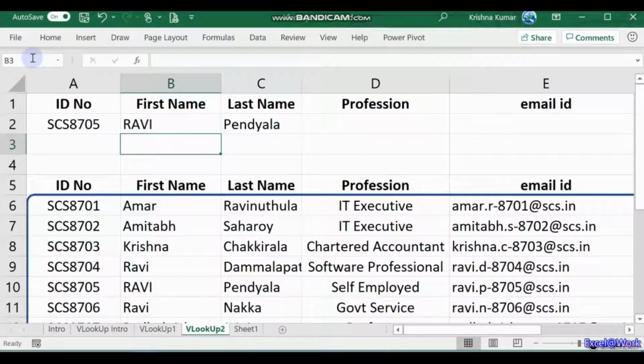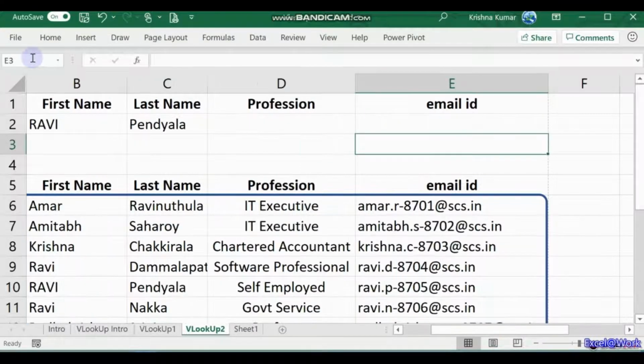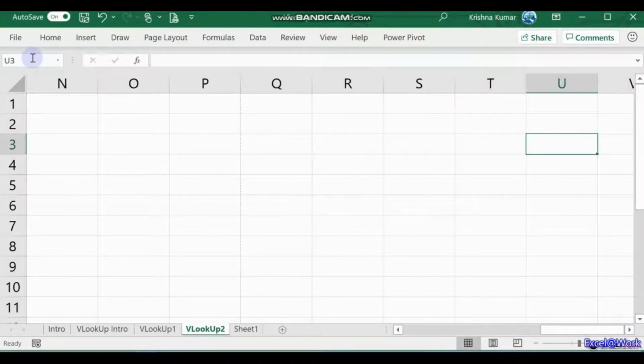So here we'll use another function called the column number. For that, let me just give you a brief on column number and row number. For example, column D here, what's the number here? It is the 1, 2, 3, 4th column. Likewise, column Z. Z is the 26th column. AA is the 27th column. So how do you get it?